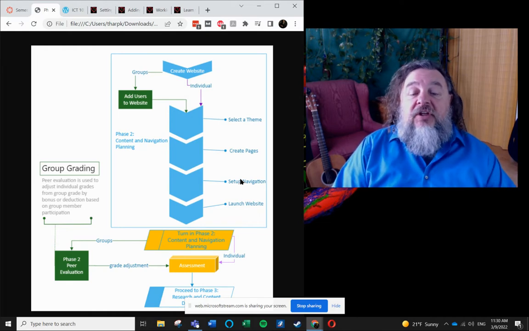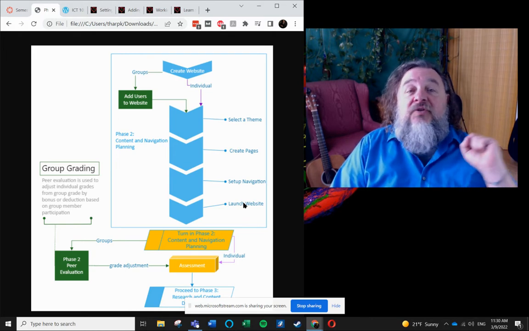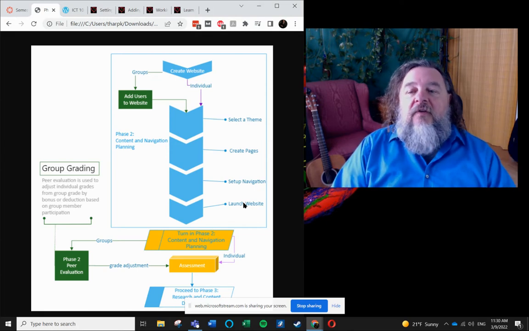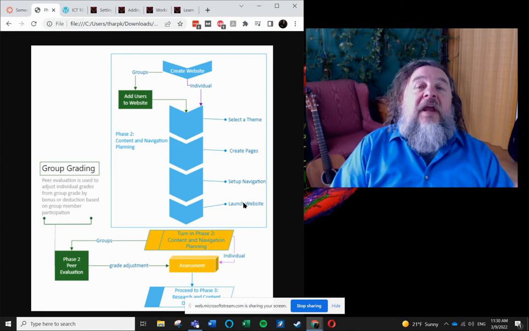And that navigation requires using the menu system in WordPress. And again, I'll go into that, and we have a lot of resources for that. So after you set up the navigation, then you'll do a soft launch of the website. The reason you have to do a soft launch is that this is your website. It lives on WordPress. We don't have access to it. So you've got to launch your site in a way that we can see